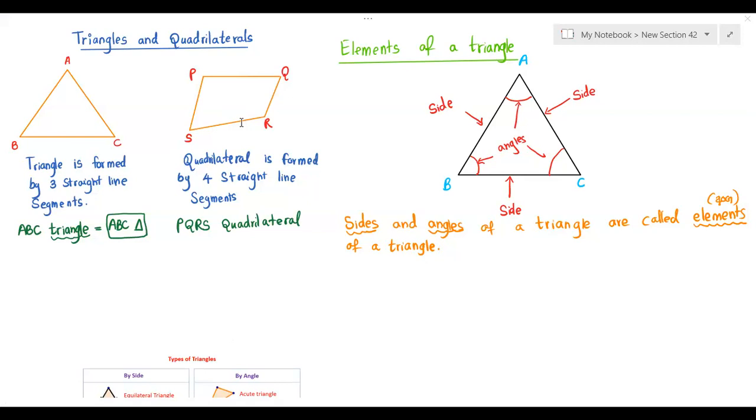Okay, now you can start from the elements of a triangle. Elements of a triangle means sides or angles. Both of these words are called the elements of a triangle. Now, when we consider a triangle or a quadrilateral, it consists of interior angles and exterior angles. Okay, before that, when we consider the triangle, according to the sides of a triangle they are classified, and also according to the magnitude of the angles of a triangle they are classified into different types of